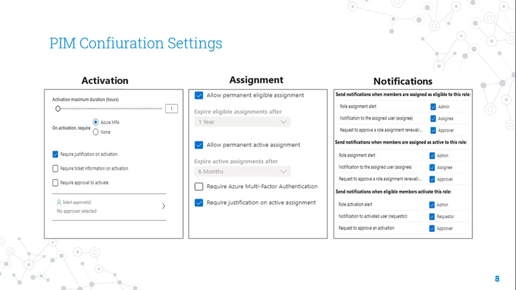For assignment settings, allow permanent eligible assignments and allow permanent active assignments. For notification settings, notifications can be sent when members are assigned as eligible to a role, assigned as active in a role, and when the role is activated. Notifications can be sent to admins, requesters, and